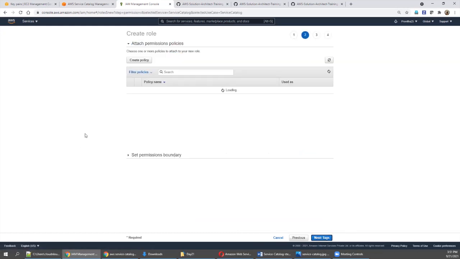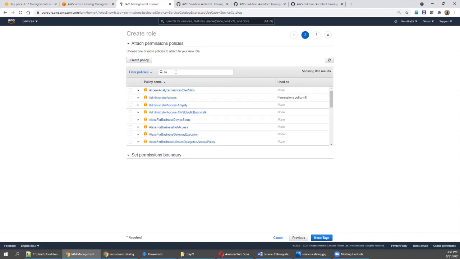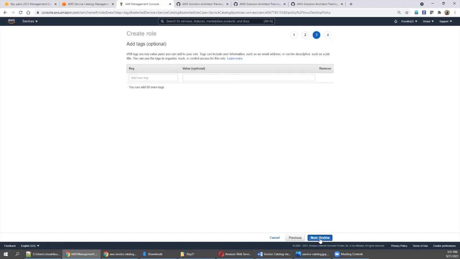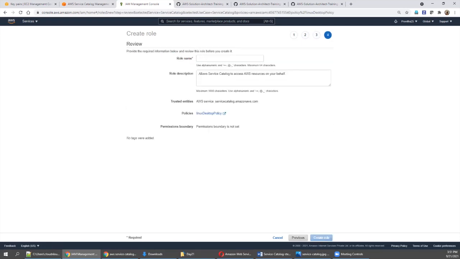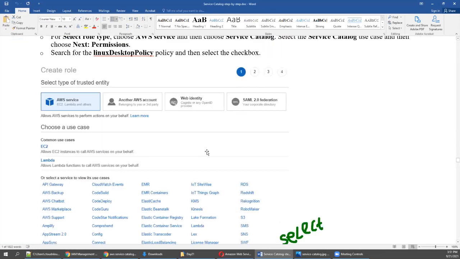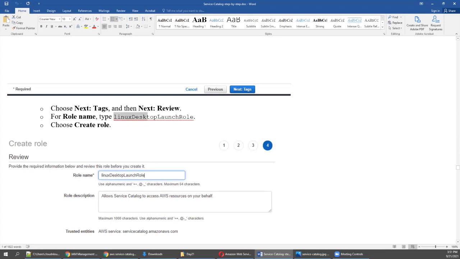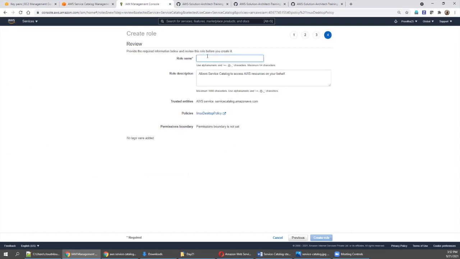Permissions. And you select the policy which you just created, you are going to associate it. Just check Linux. Yes, just now we created. And with this, see here, whatever we put is there. So I'm going to select this and say next and say review. And we need to give the role name, right? Come down. We need to give the role name. I am going to set Linux desktop launch role. Copy this and give it here and say create role.